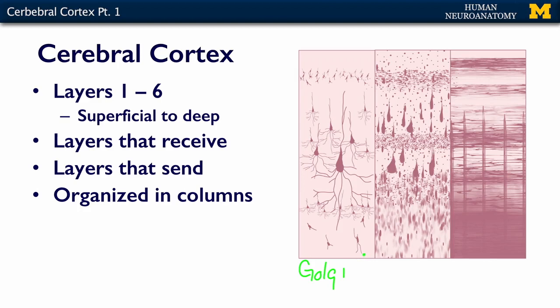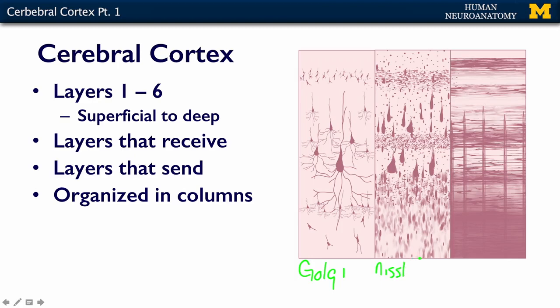But the bottom line is that the heavy metals will fill up the entire cell body, and its axons and dendrites. It doesn't fill up every cell, because if it did, it would be just one big black chunk of tissue. But it does fill up the odd neuron here and there. Nobody knows why some neurons are filled and some aren't, but it works really well to see the entire architecture of a single cell. The middle panel is a Nissl stain.